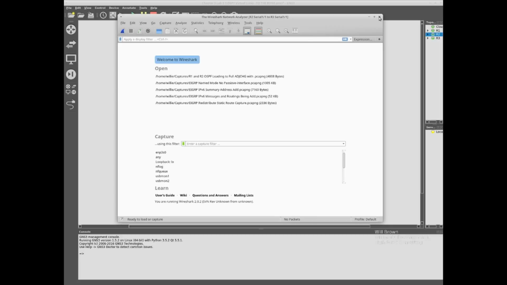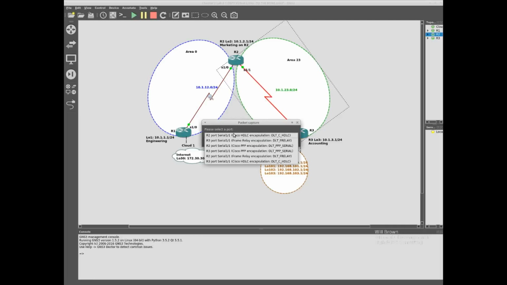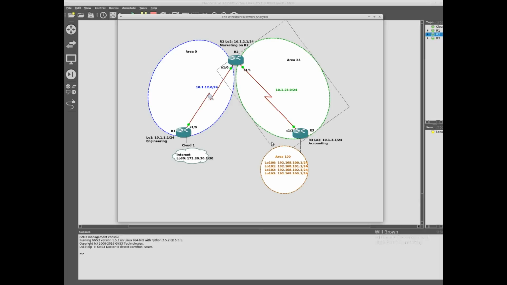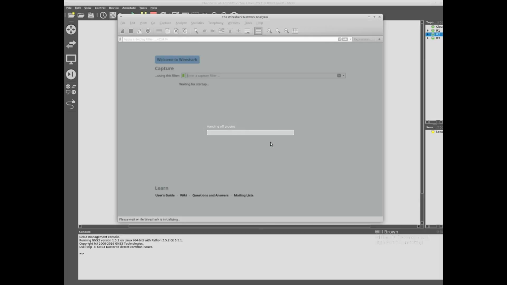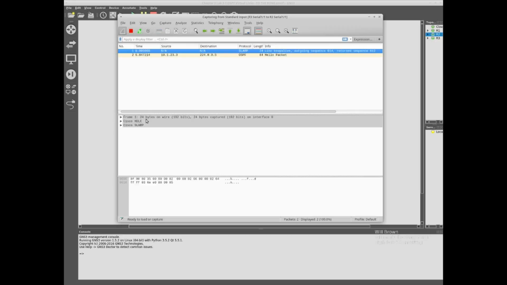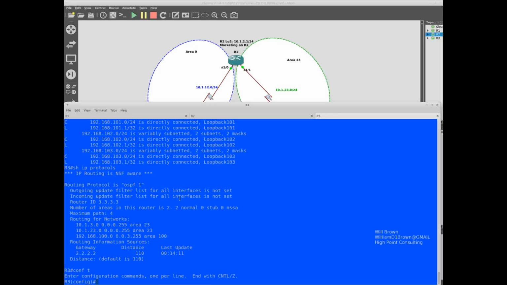Start capture, and I want to capture router 3 HDLC, because we want to see how this virtual link appears coming across, and we'll have that as a capture that we can look back at. So that capture is running, and let's go ahead and get that virtual link configured.